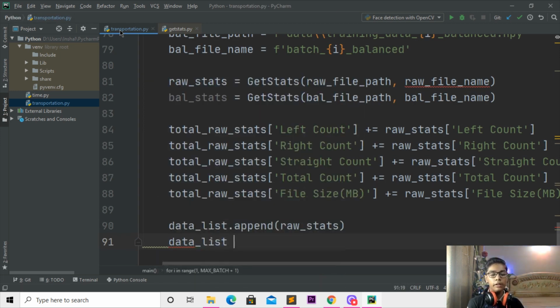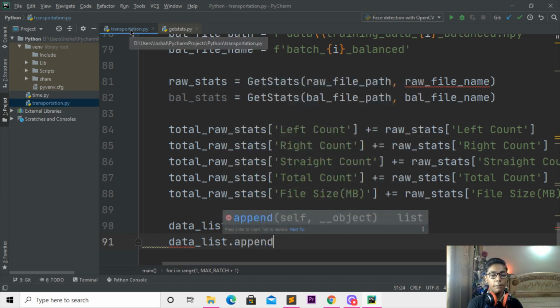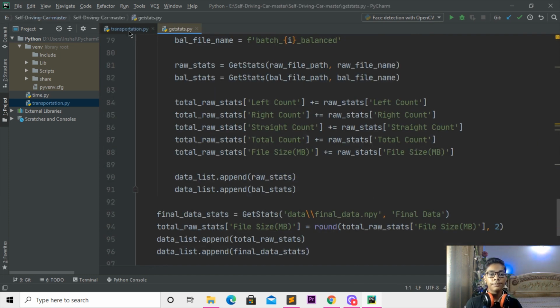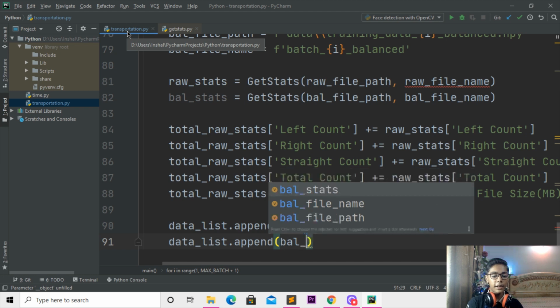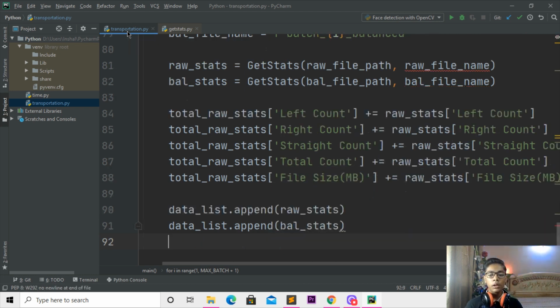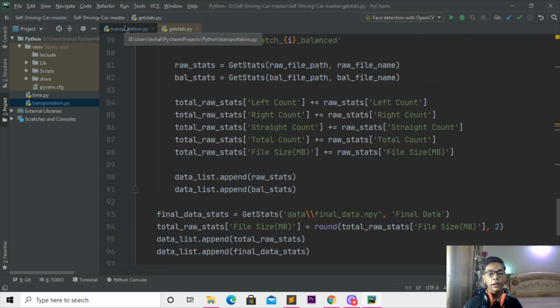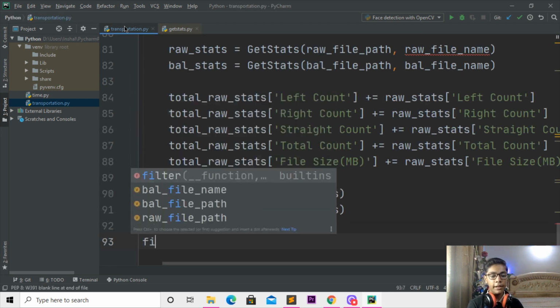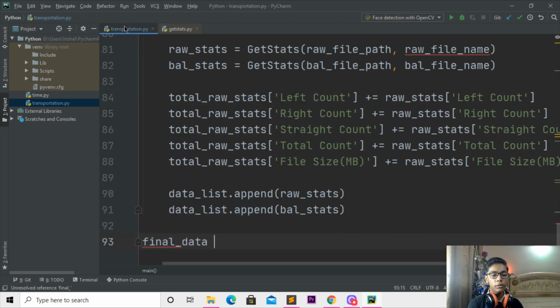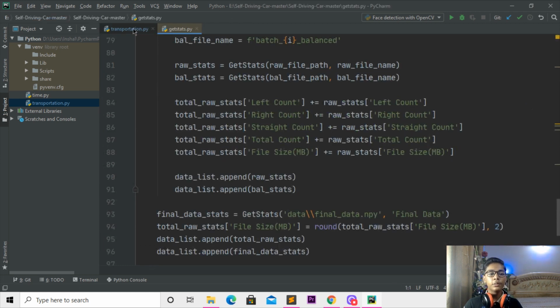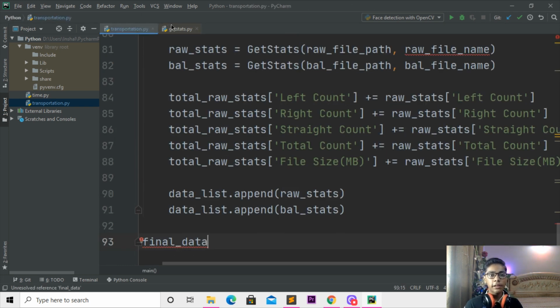and I'll be writing list. And when you've done that, I'll be writing dot append. Then I'll be coming here, changing that to bell stats. So here I'll be writing. So when you've done that, now I will be coming underneath and writing that to like final, write that to like final data. And if I just move here, so you can see there is written like final data,